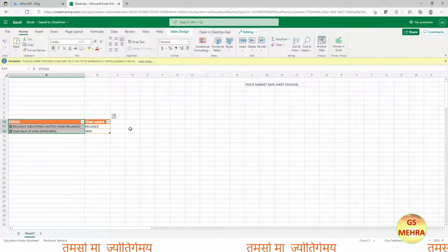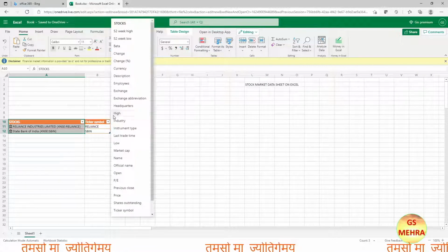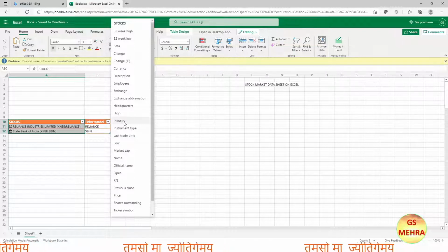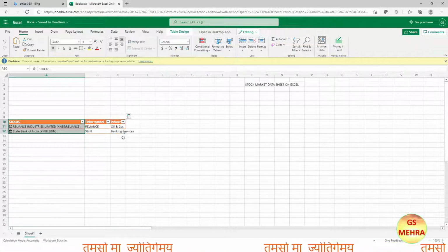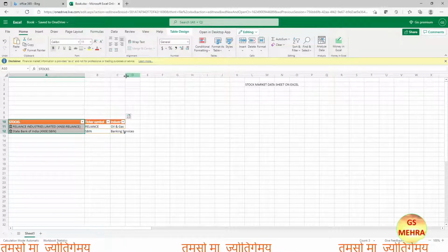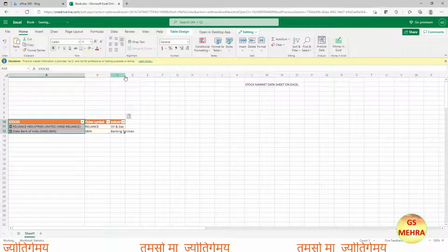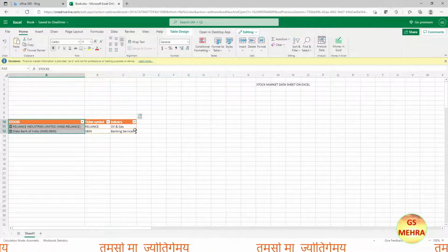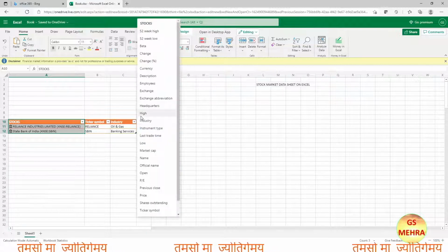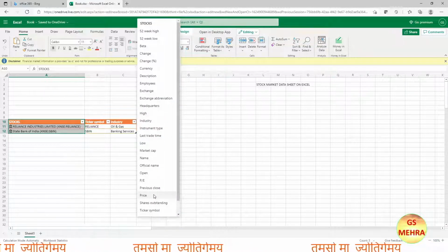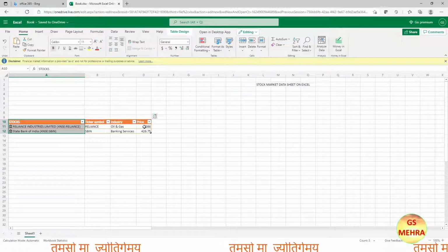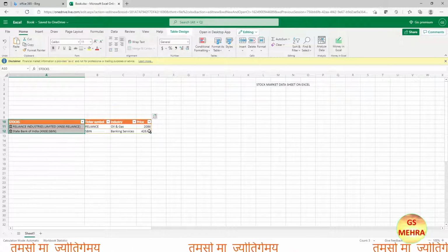Now next, again click on that small rectangle, and from here what we need to know is industry, because it's very important to know in which industry we are investing. So we can see there is oil and gas, and the second one is banking service. Now again we'll double click. When we double click, we can see that the width has again increased. Again, this time we'll click on price. That will give us the most updated price from the stock market. So this is the price of Reliance and that of State Bank of India, 1 share each.